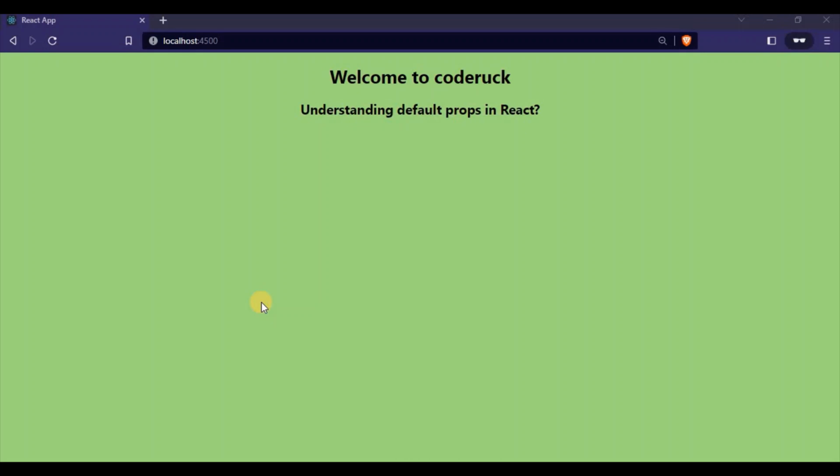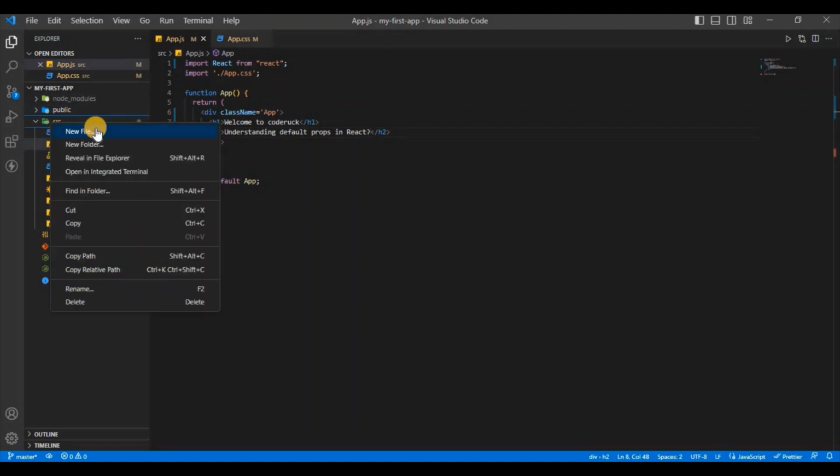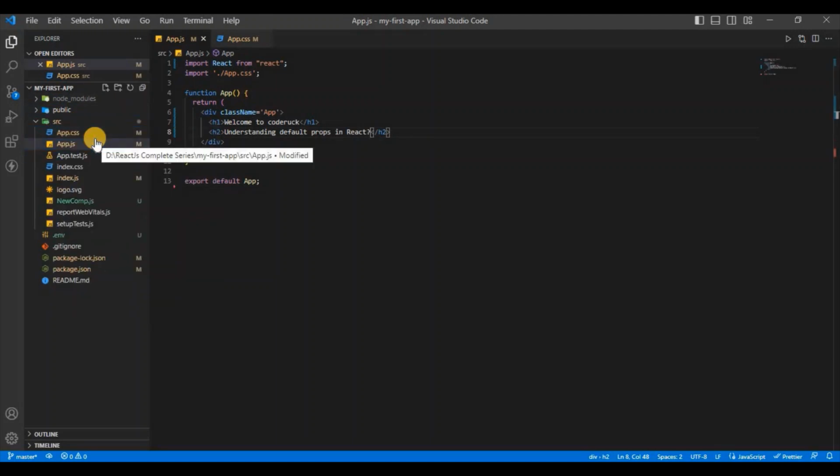Sometimes we might have faced an issue. We use props to pass data from our parent component to child components, but sometimes if we are supposed to get a value from our parent component and we don't get the desired value, then our child component might face an exception or we can have an error. Now I'm going to show you how we pass data, and after that we will see how to set default props. At first I'm going to create one folder,